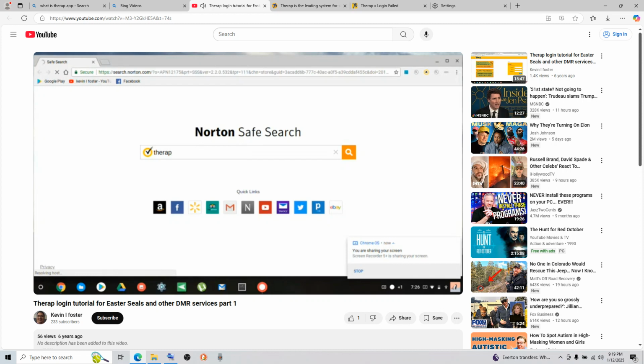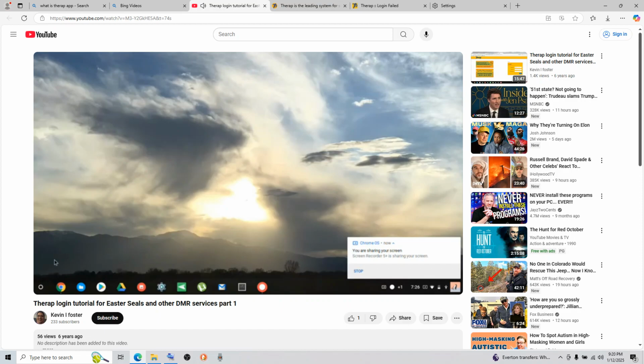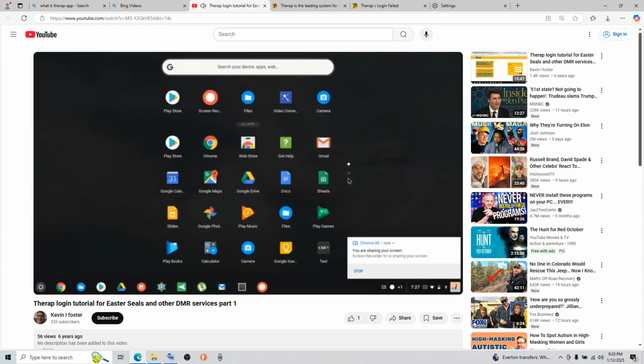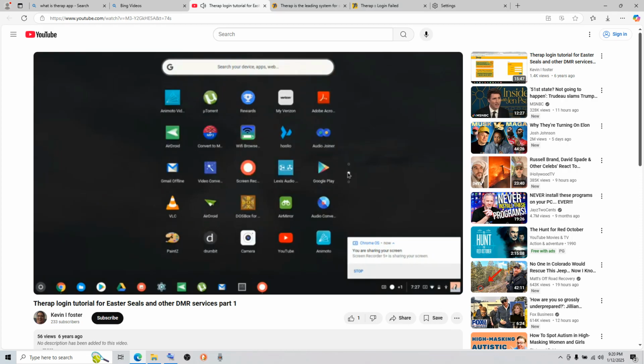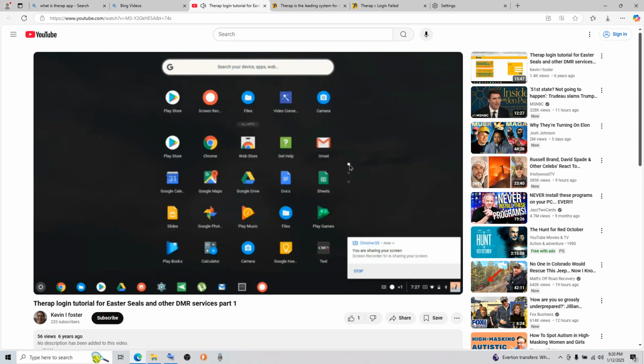While we're waiting for Therap to show up, when you're also doing Chronos, the first thing that you might want to go is the app, it's called something else. I don't think that app is in here anymore. It's called Chrome Remote Desktop. With Chrome Remote Desktop, you will have to use Chronos to get a remote connection in order to get into the Easter Seals